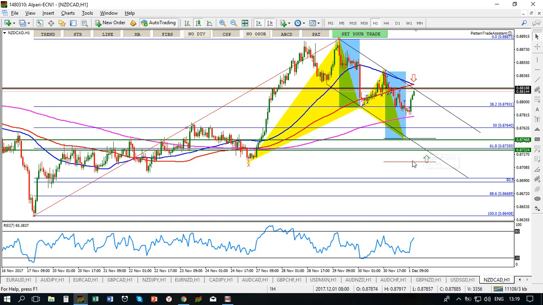I can place a limit order, but where should I place my stop? In this way I cannot place the stop just below the previous candle's low. It's not that good. I am going to place it below X, somewhere here, 10 pips below X, maybe 5 pips below X, maybe 1 ATR below X, judging by the risk to reward. So I am going to place it below X, and